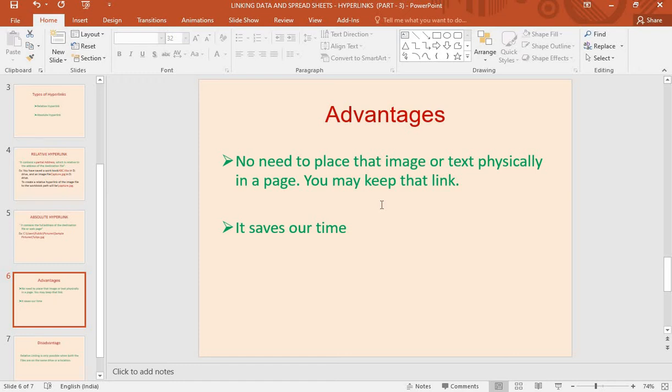You may keep that file link, that image link, that data source link, or that web page link. And another point is it saves our time and computer memory also. So these are the advantages.